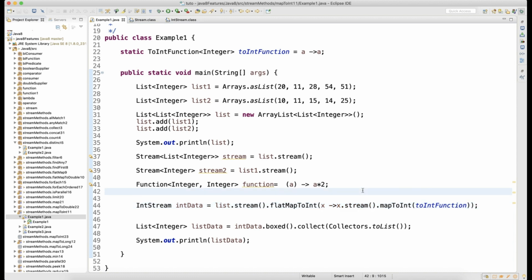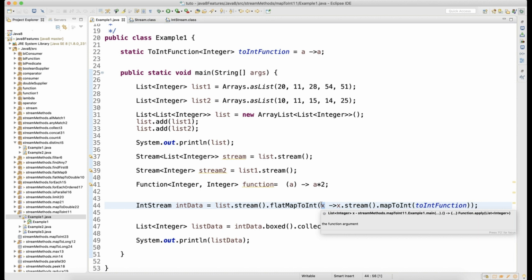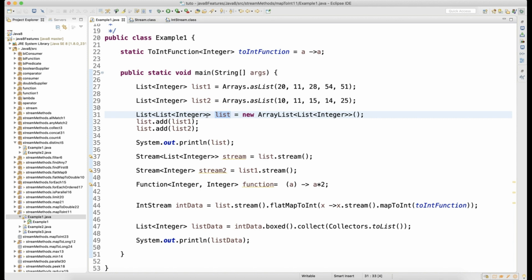So what I did basically, if you look, when you say list.stream.flatMapToInt, and when you say x, what is this x? The x is nothing but it will fetch the data from this list one by one. So what is inside this list? It's a list of Integer, right? So can I perform a stream on this? The same thing I'm doing, x.stream. You can see x.stream, that's what I have explained here. So this is the list, you can call a stream, right? Same I'm calling a stream here, that is the reason I covered this. And why I have written the function, so that you can correlate how we write functions here.